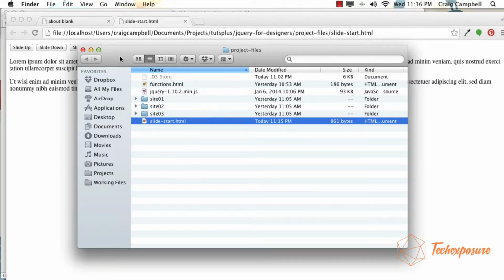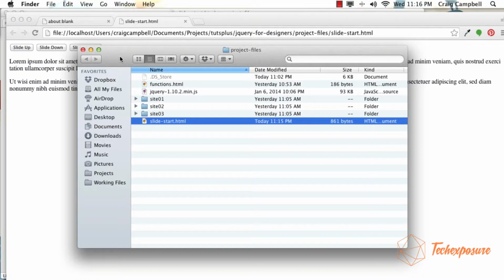For our first jQuery effect, we're going to create a drop-down menu, and we're going to discover that it's actually really easy to create this using jQuery. We're going to do this using two functions in jQuery. One of them is called slideUp, the other one is called slideDown. The slideDown function will cause our submenus to animate open, and the slideUp function will cause them to animate closed